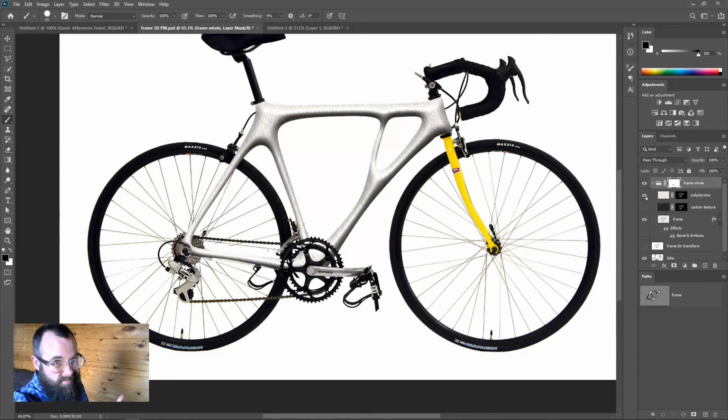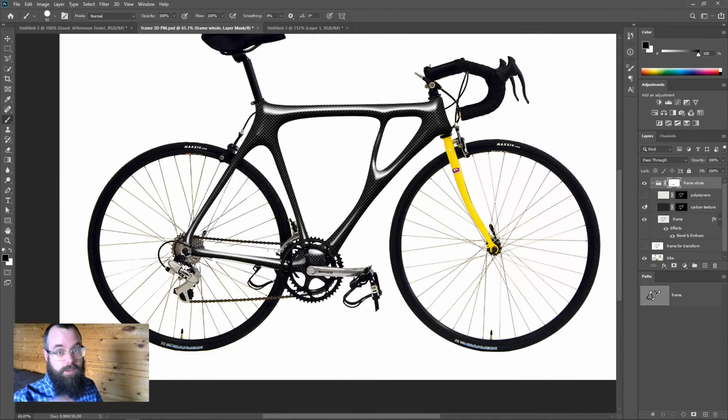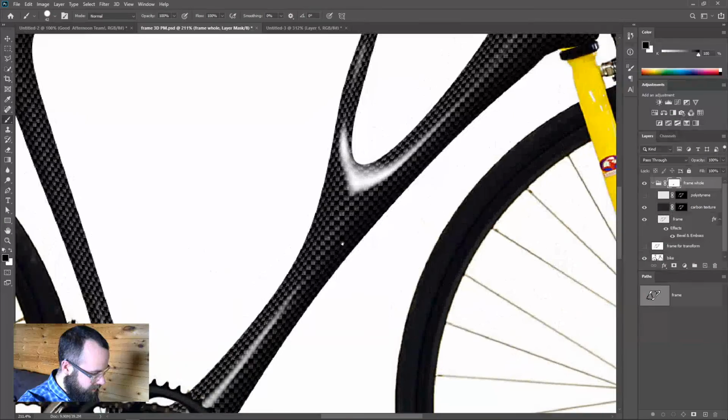So that's how I would do it. That's how you will create a seamless pattern from any texture, and it could be anything. It works with anything, and that is the way of doing it. So if you see anybody using seamless patterns, if you Google seamless aluminium texture or something like that, that's how they've done it, because that's the way to do it. There may be some other application that does it in some other way, but as far as I'm concerned,